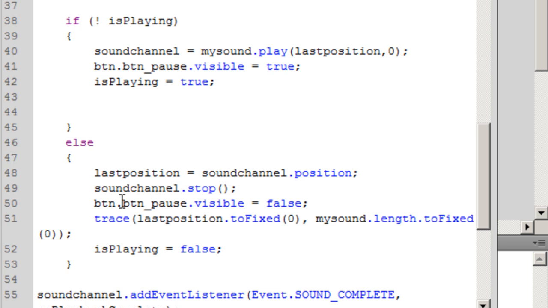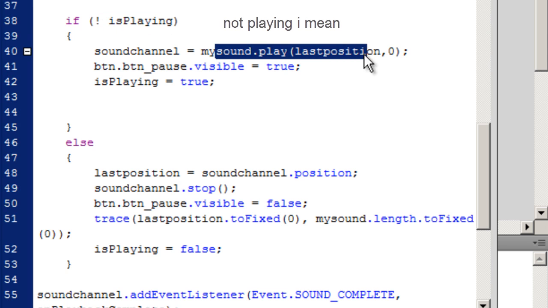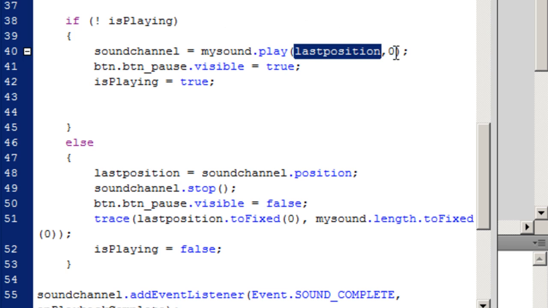Okay, let me explain this once again. If the sound is not playing through the sound channel, let me play the sound starting at its last position and looping it just once, making the pause button visibility true, and changing the boolean to true as well. Okay, else